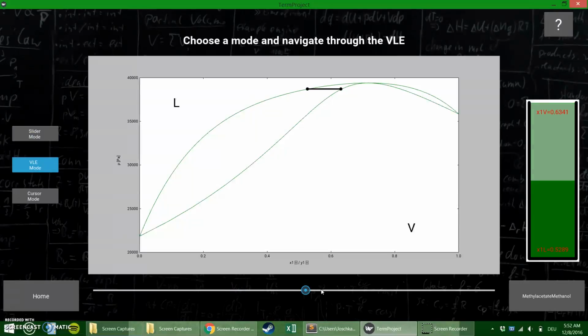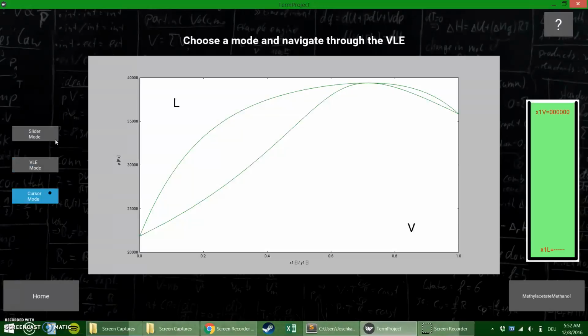The VLE mode, where you move through just the VLE, so you don't really get a cursor. This is very handy if you want to draw XY diagrams, since then you always need the mole fraction in the liquid and vapor phase at one given pressure. The cursor mode works similar to this slider mode. You can just click into the diagram and it gives you the appropriate container and